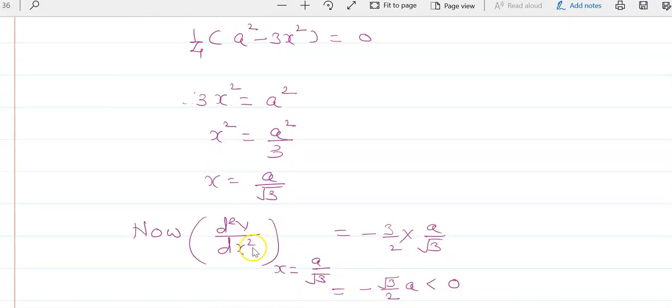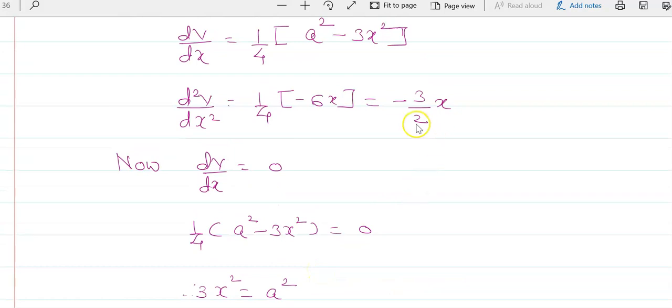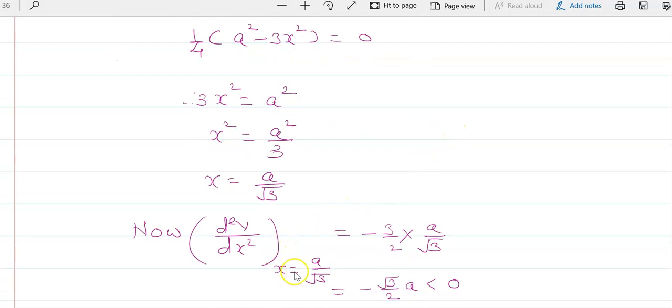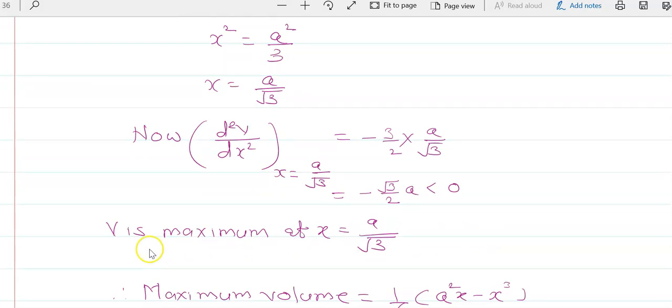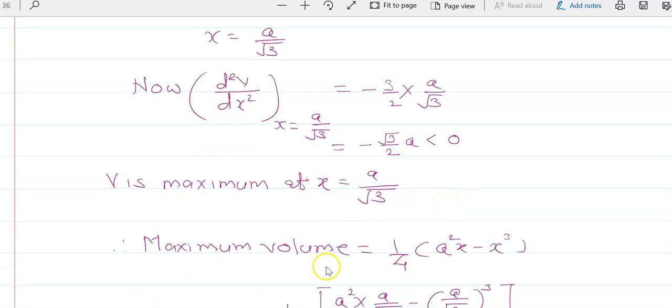Now d2V upon dx square at x is equal to A upon root 3. The second derivative was minus 3 by 2 into x. We substitute the value of x, which is A upon root 3, and its simplification is minus root 3 upon 2 A, which is less than 0. Therefore V is a maximum at x is equal to A upon root 3, and therefore the maximum volume is